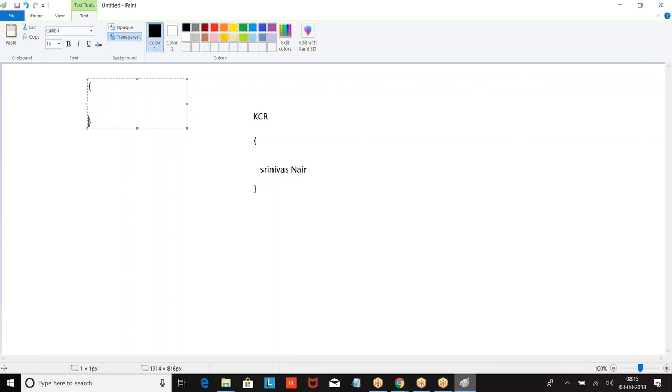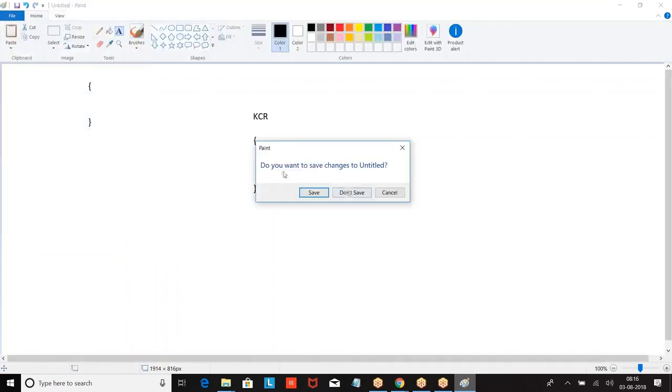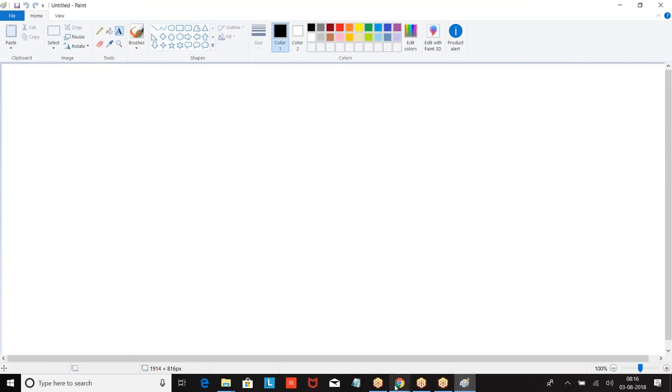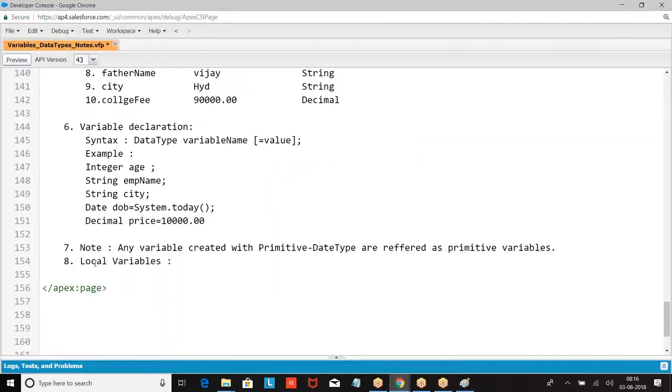So if you define anything within the scope, it is local. If you define anything outside the scope, it is global. Now, what is the meaning of this scope? Try to get my point here. First, let me complete the scope. What is scope? These flower brackets are called scope.